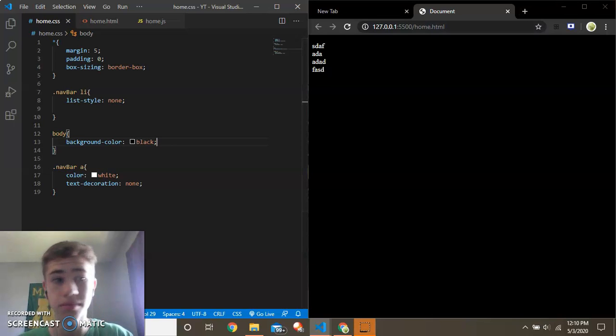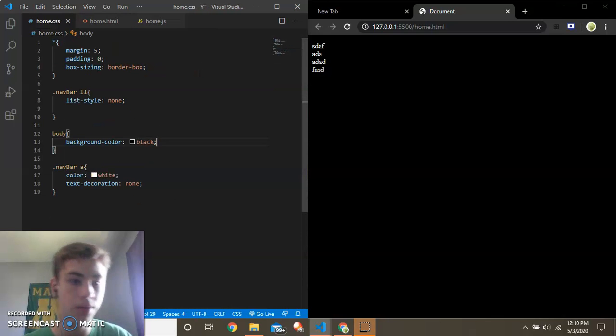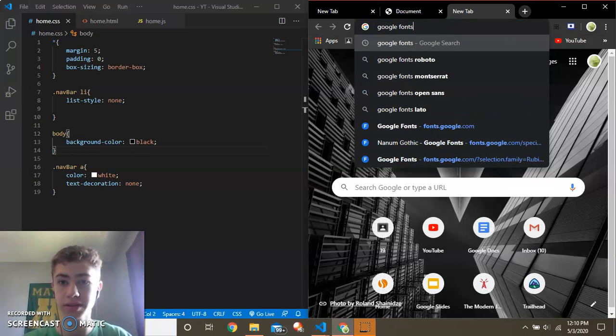So to start, you have to have some actual CSS. So I just made a quick nav bar. And so now all you have to do is go to Google Fonts,